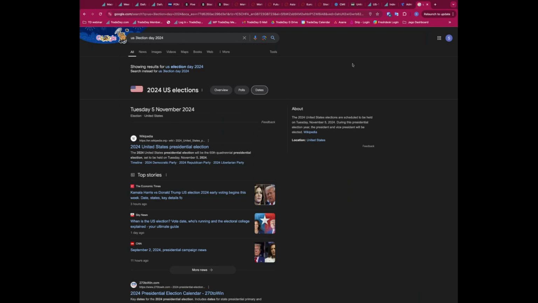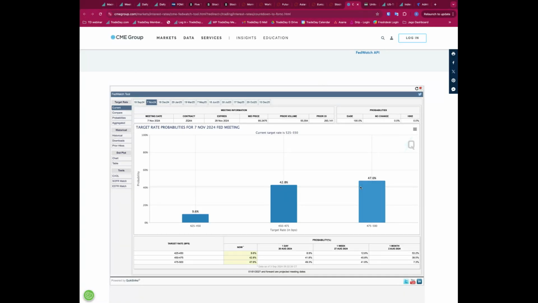Yeah, the 5th. So it's after. Yeah, so it's going to be interesting, because the market is now very much pricing in a potential 50. So I'm a little confused about the logic behind that. If I was trading on the interest rate curve, what it's pricing in doesn't seem correct to me.